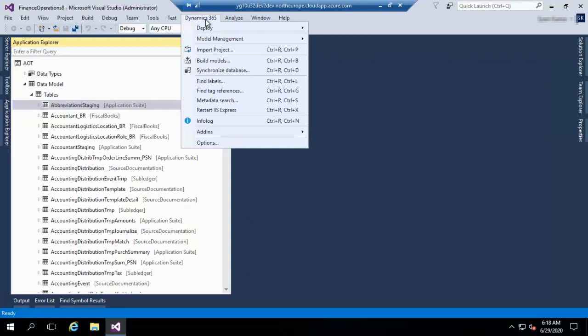Go to Dynamics 365 Model Management, Update Model Parameters. If you click this, it will ask to select the referenced packages. At that time, if you give the application suite, it will create an extension easily. Okay.